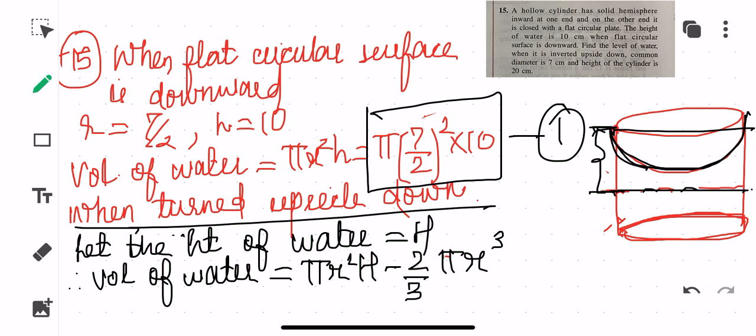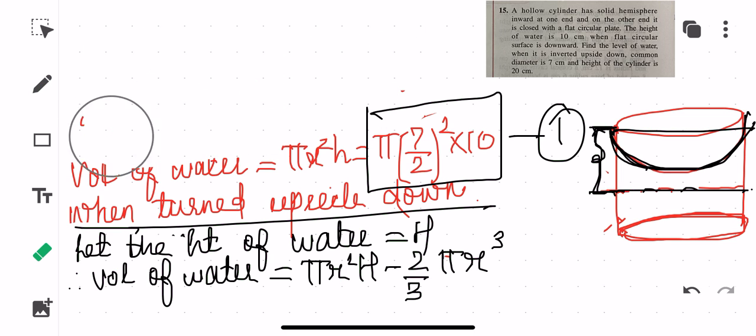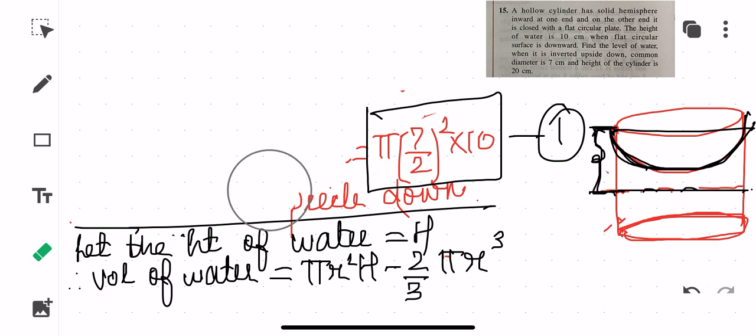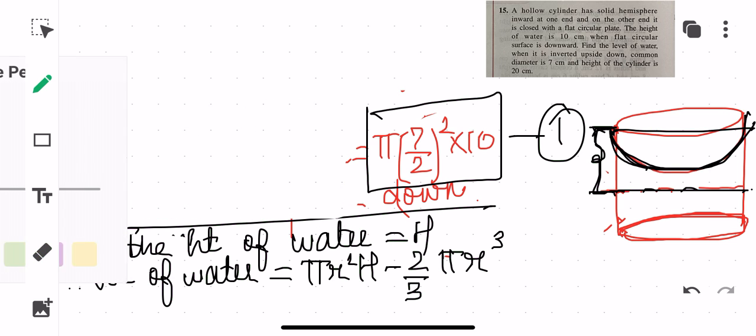So this is the most important thing, children, that you need to understand. If you are able to understand this, then half of your sum is done. Why, children? Because it is attaining this height only because this hemisphere is there. So this hemisphere volume you need to subtract. This is the most important part. So I'll keep just this particular equation, children, and then I'll be solving. Before that I'll solve as much as possible.